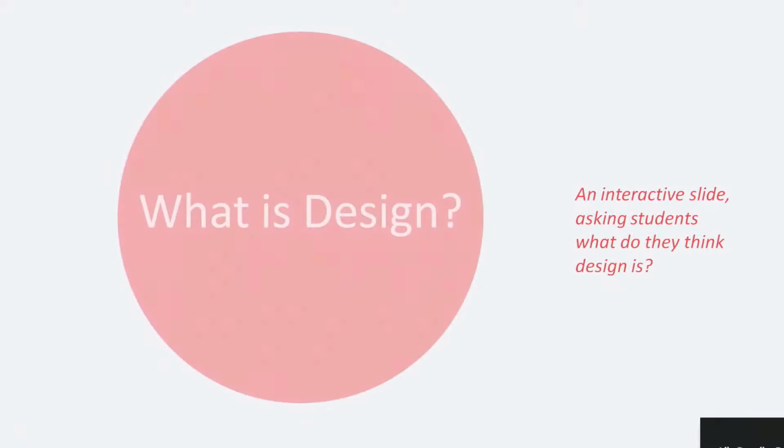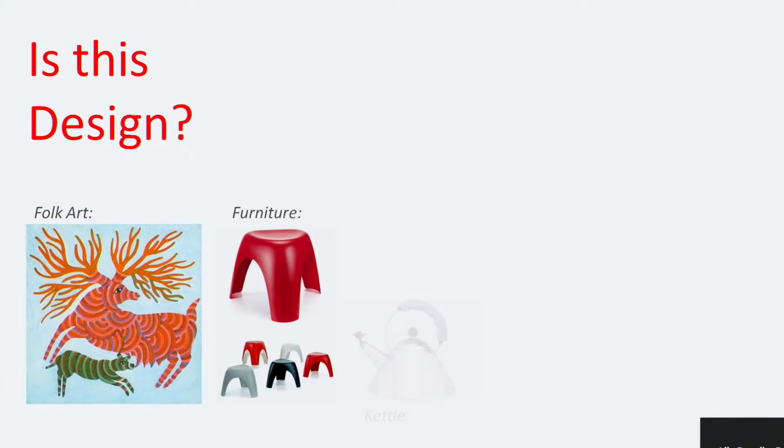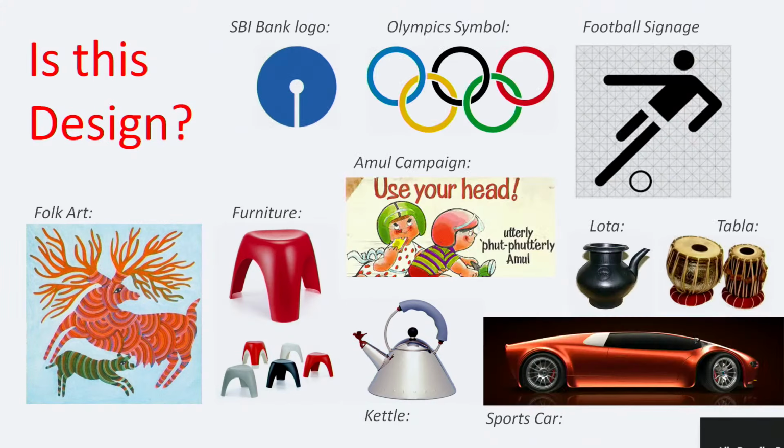So it starts with asking the students what is design and showing them some examples and starting a conversation with the students. For example, you can say they're painting a folk art. Is this design? A kettle, for example, or a sports car. Or you show some logos, an advertisement, or a lota or musical instruments. So it starts a conversation on what exactly is design and what part of the article or object is actually designed here. It also shows that design can go from folk art all the way to advertisement to design of vehicles and